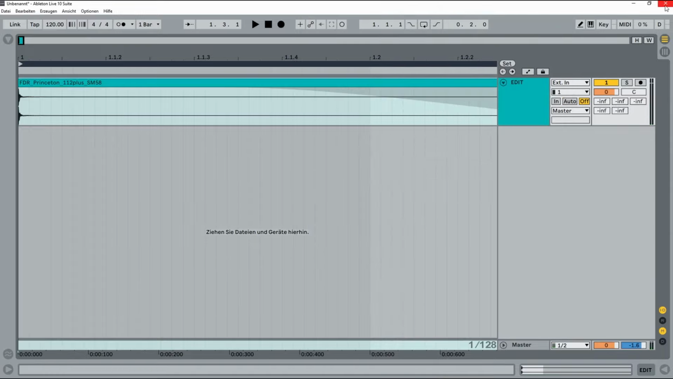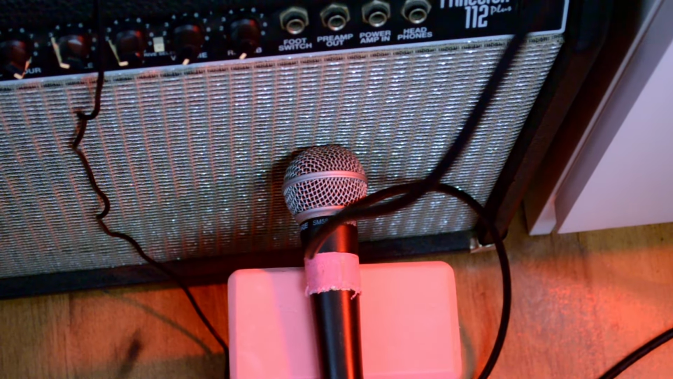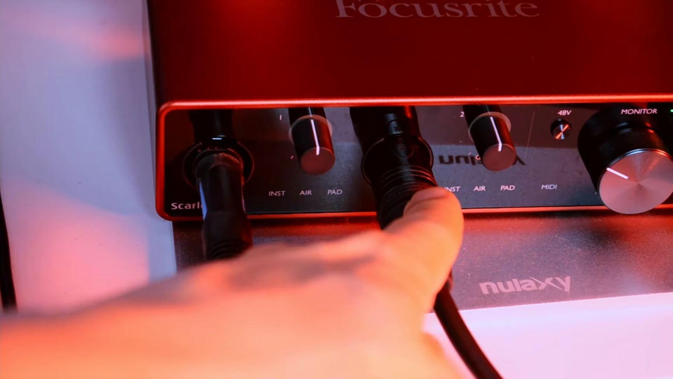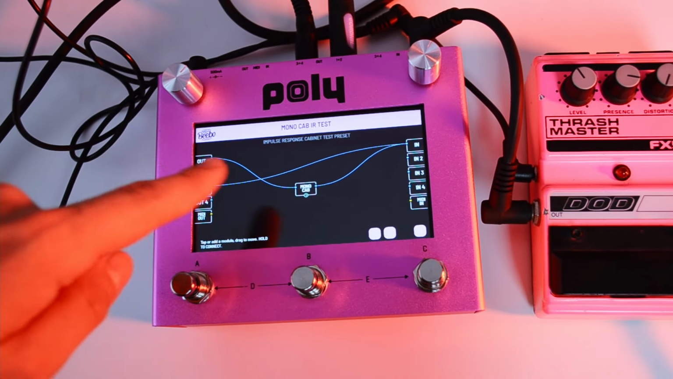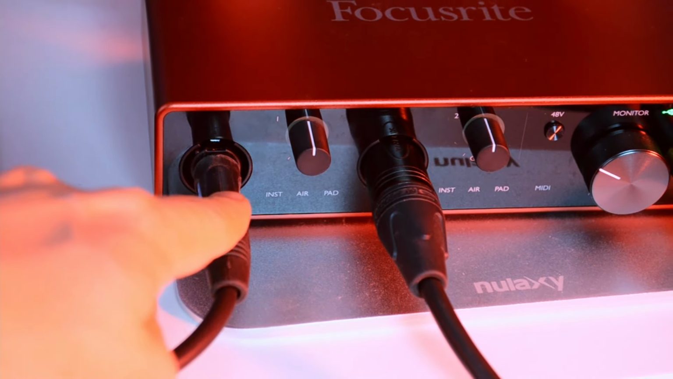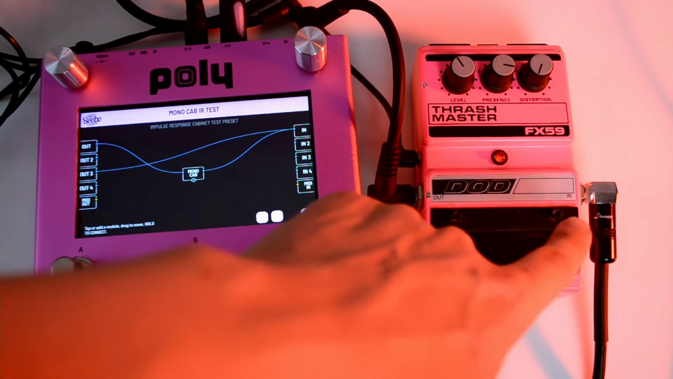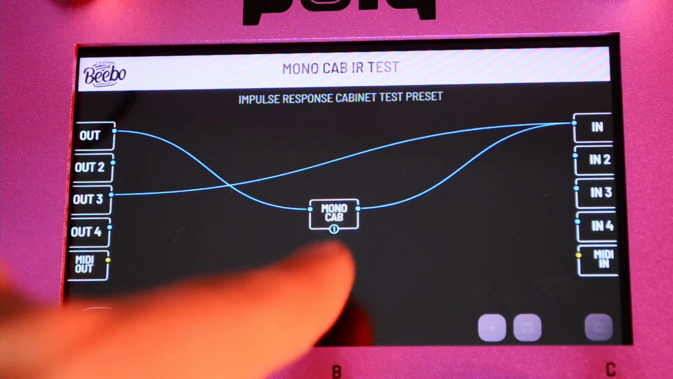and now let's see what happens. So to have the best comparison as I can get here, I connected the microphone that records the amp with my audio interface, and I also connected the output of the Beebo by Poly effects to another input of my audio interface. I can send any distortion pedal into the input of the Beebo by Poly effects, set up my